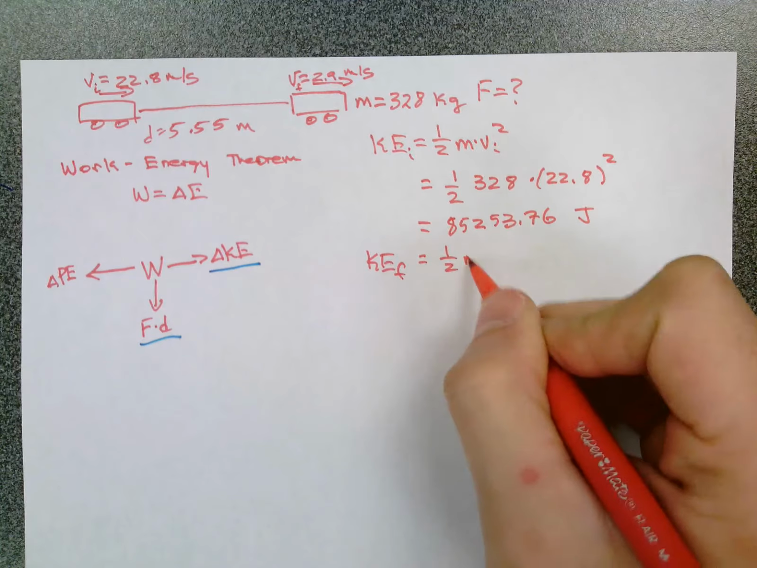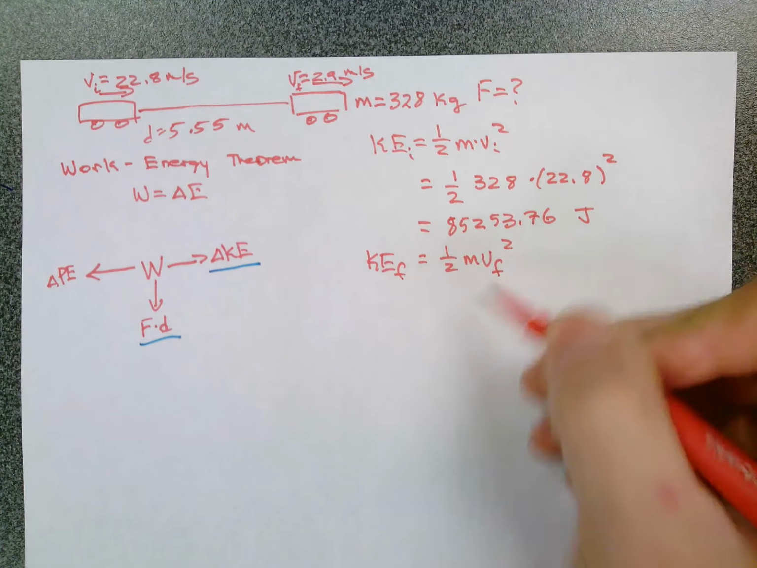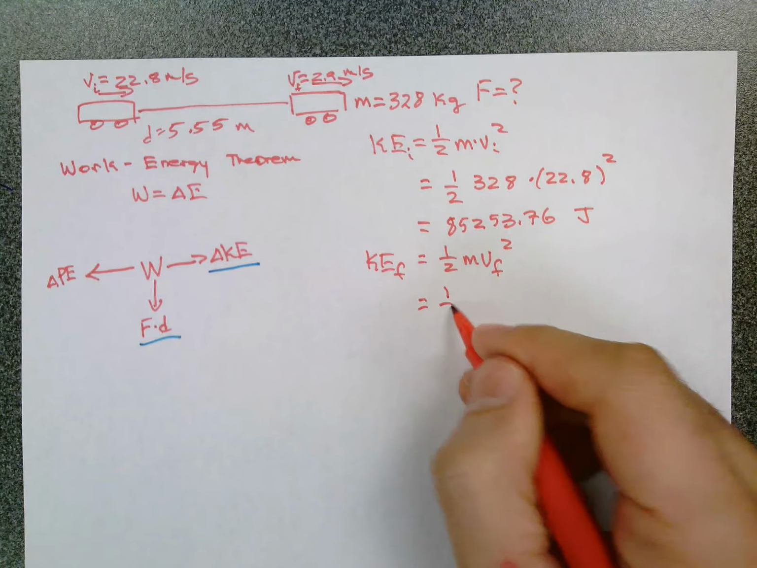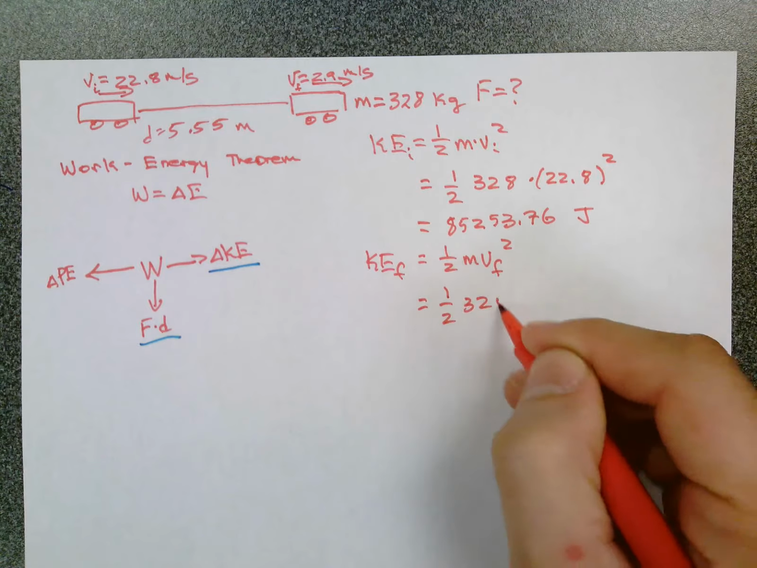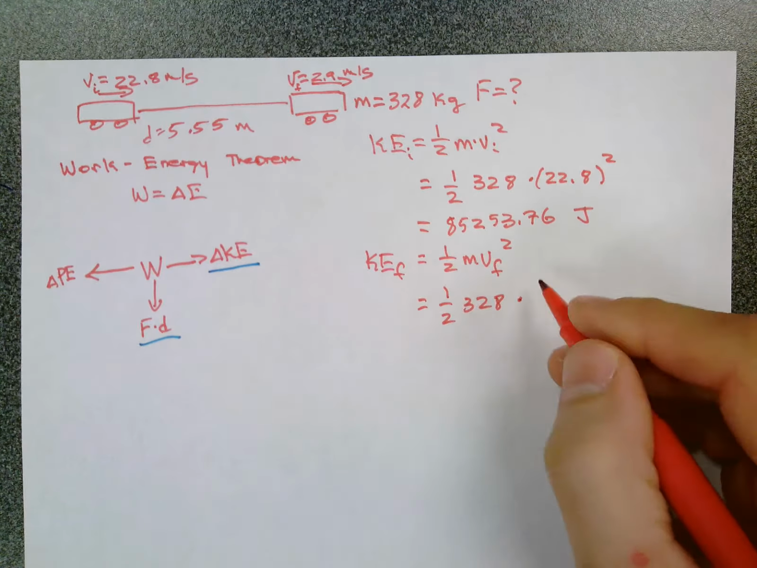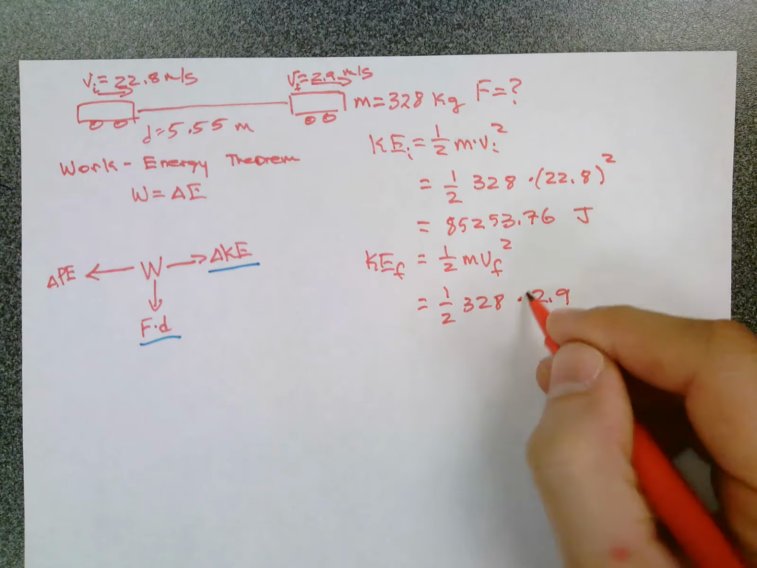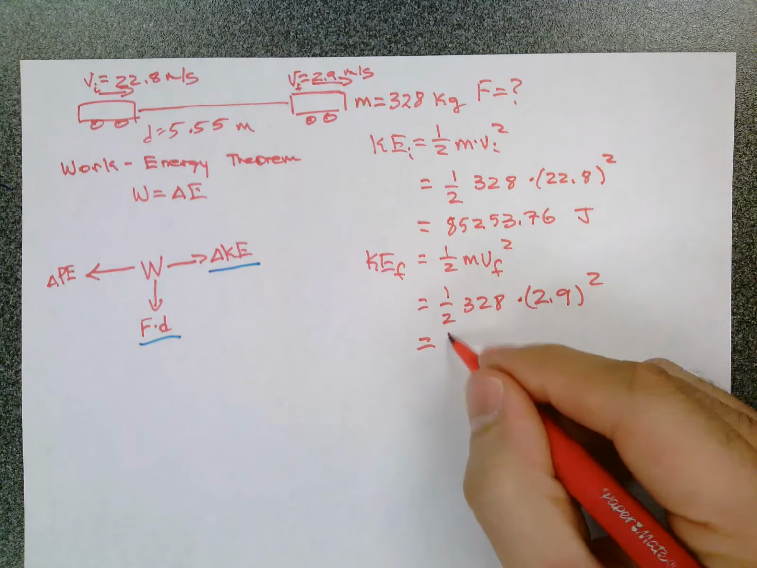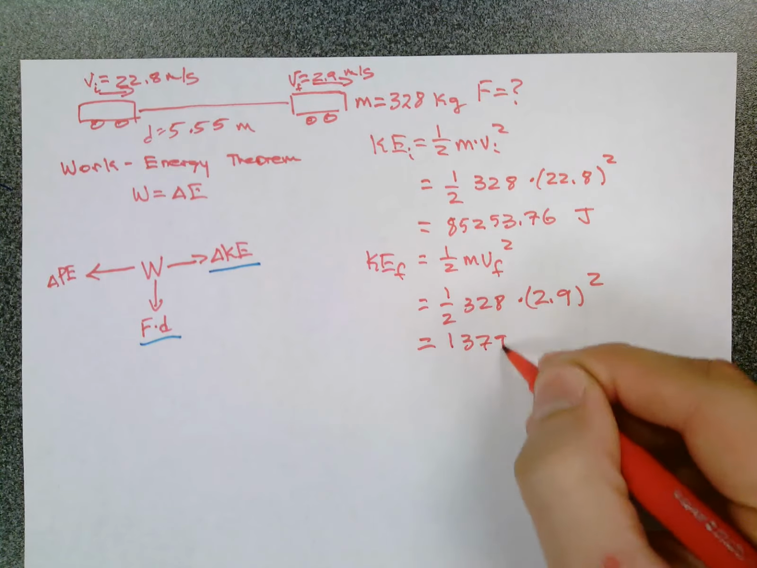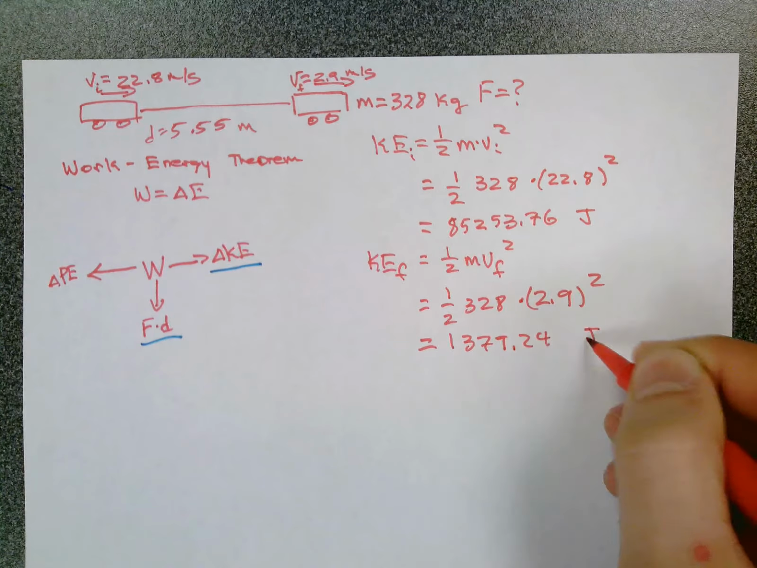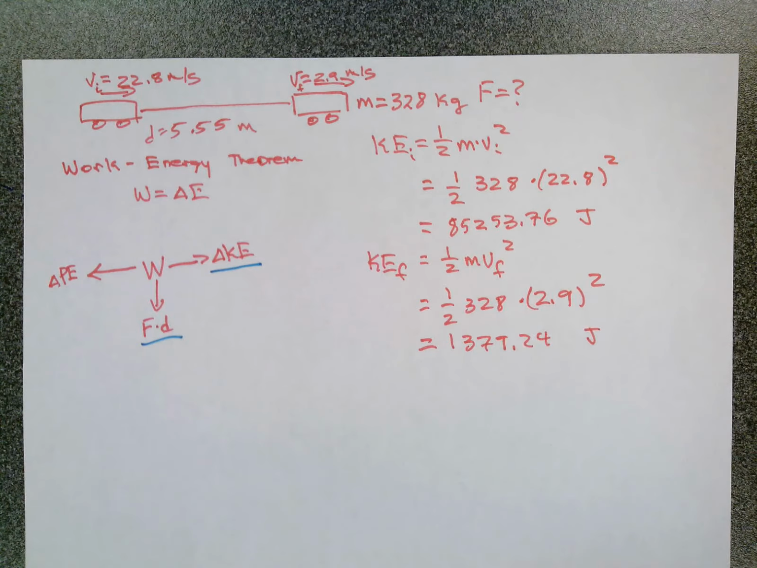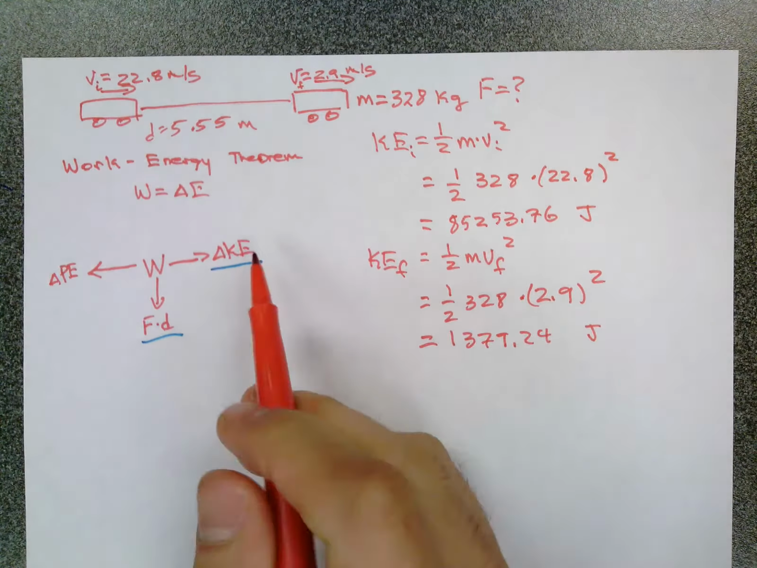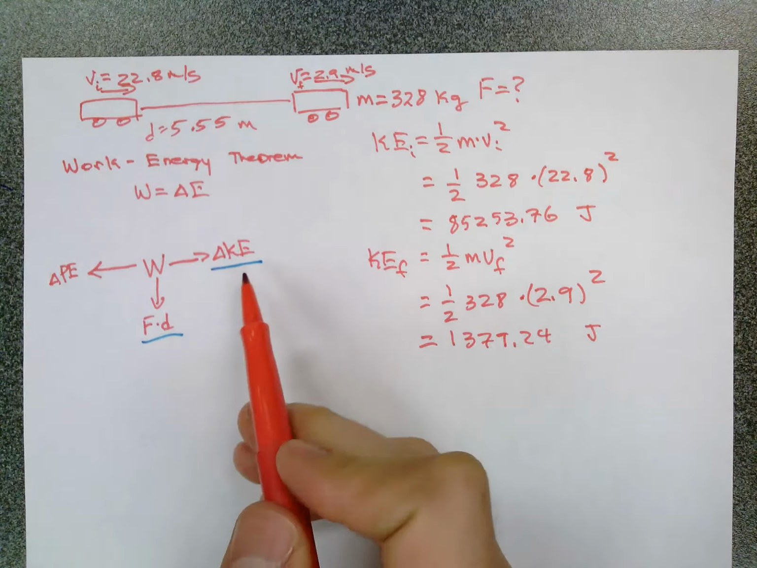and that's using the same equation just with the final velocity squared. So 1/2 times 328 times 2.9 squared, and you'll get a much smaller number of 1,379.24 joules. So if you take a look at this work energy theorem, which from our givens we decided that this would be a good idea to look at,